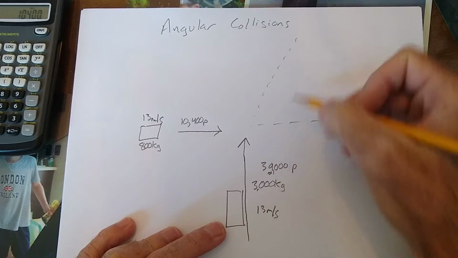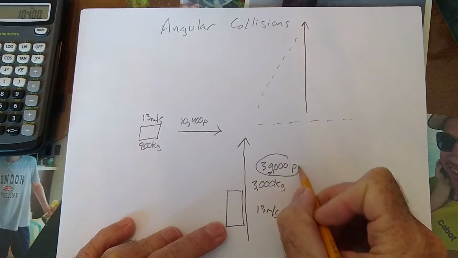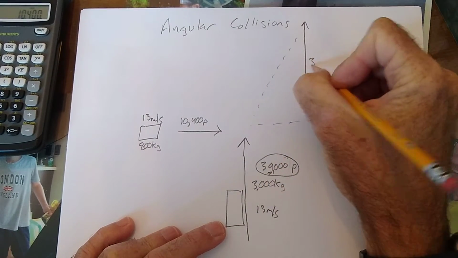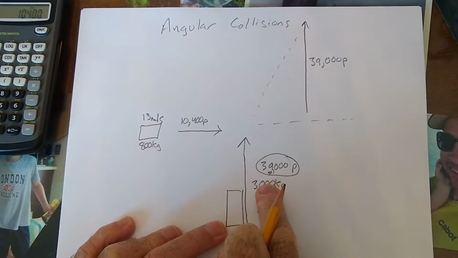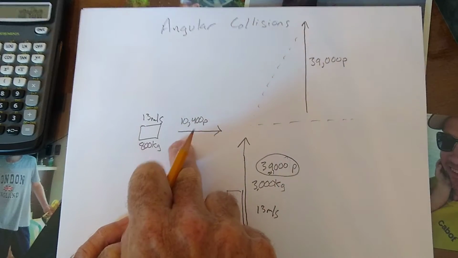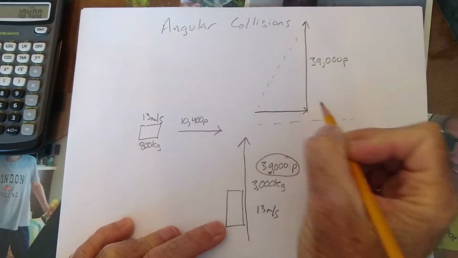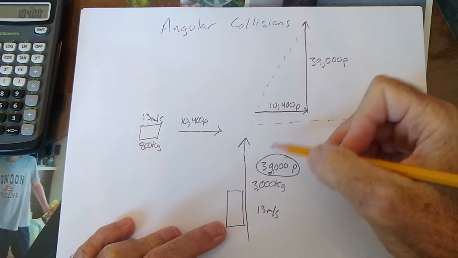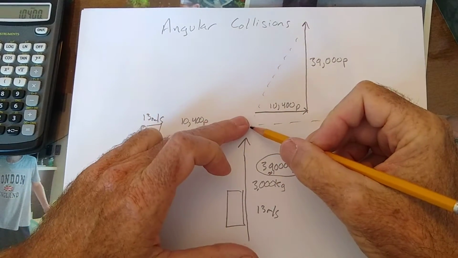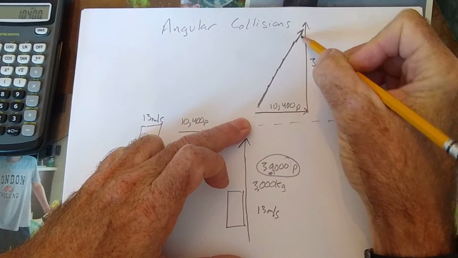And the up side of the triangle is going to have 39,000 P. So we're going to make that length qualitatively relative to this 10,400 P. So this is this side of the triangle, 10,400 P. So now when they come together, they're going to fly on our new angle like this, which is